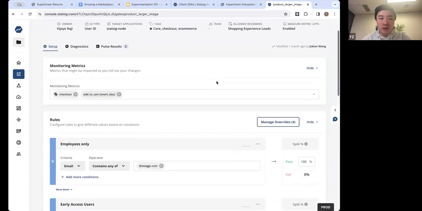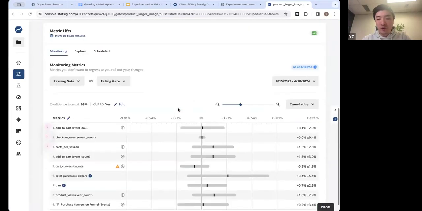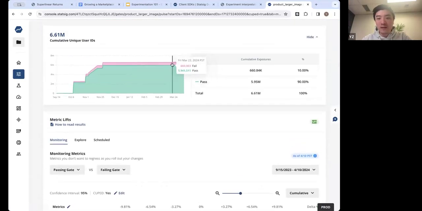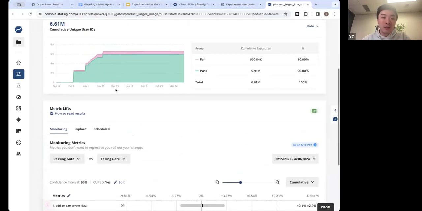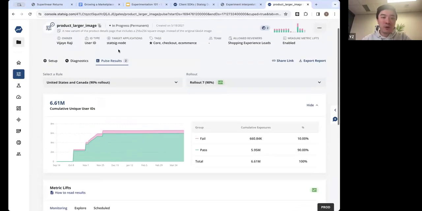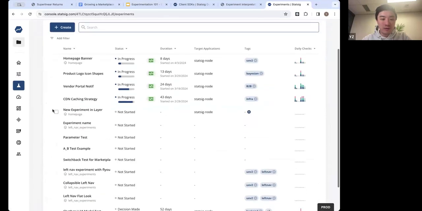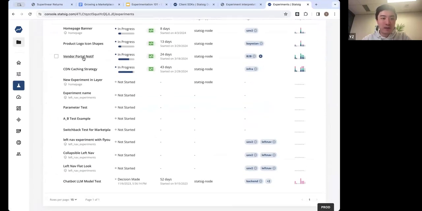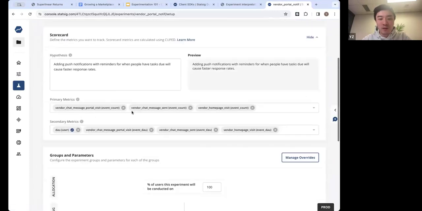And you can already compare the delta of the two groups, right? There are people who pass versus people who fail, and you can get a metrics lift from this. And if you want to turn this into an experiment, you can use the same gate. Or you can, for example, this is an experiment to show notification. You set up the experiment of